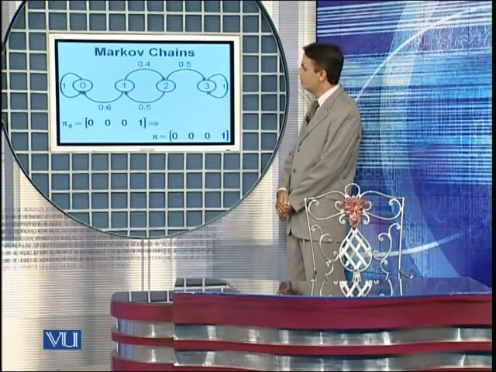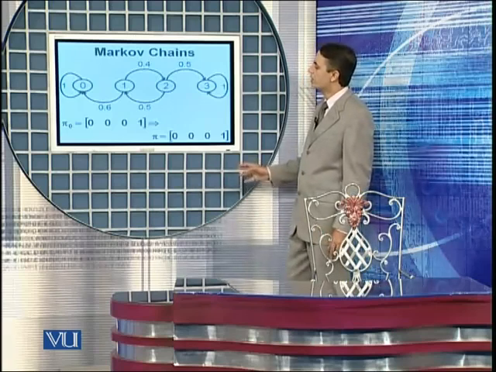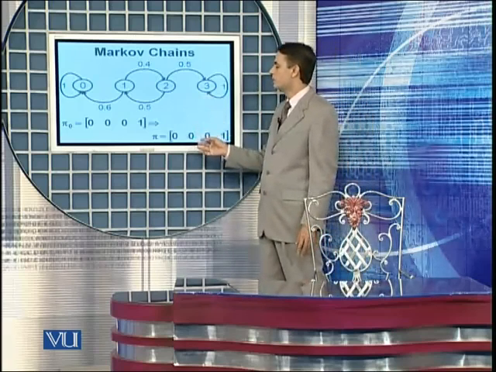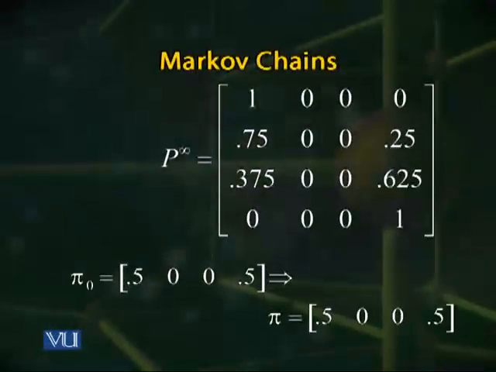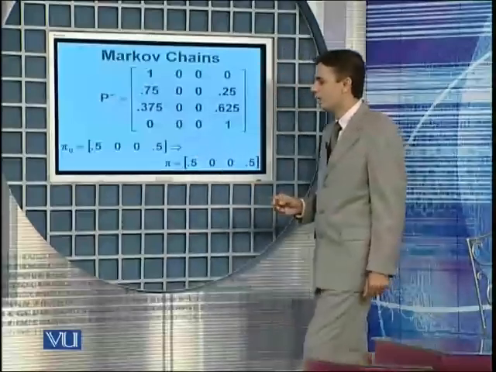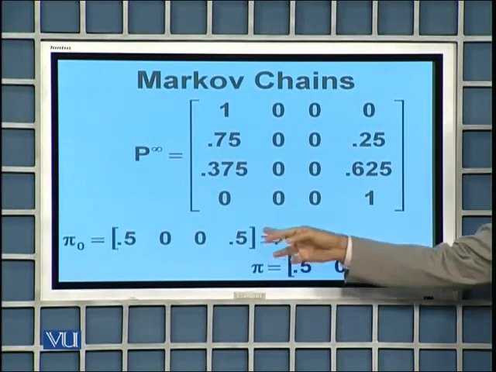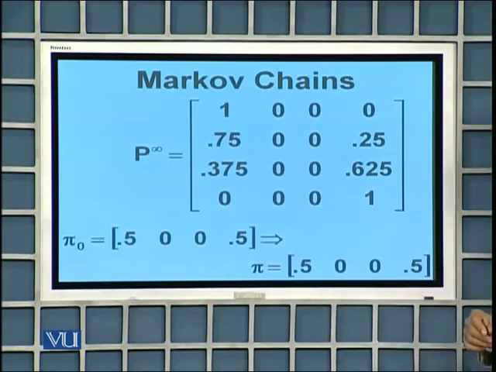An interesting case for this Markov chain is when we start in one of the two absorbing states with probability values between 0 and 1. Suppose we start with this initial probability distribution of 0.5, 0, 0, 0.5. That is, we can start either from state 0 or from state 3, and the probability of starting from state 0 is the same as the probability of starting from state 3, 0.5.